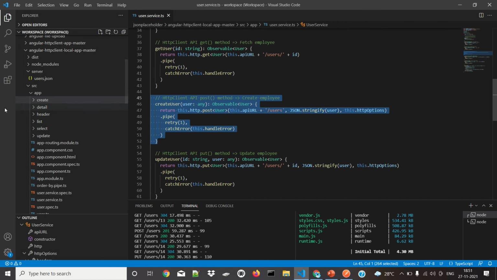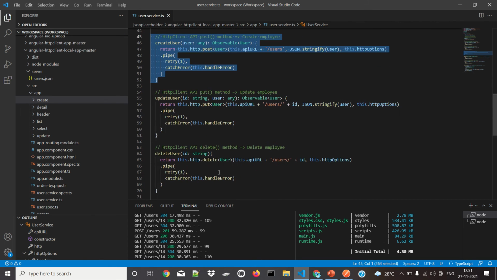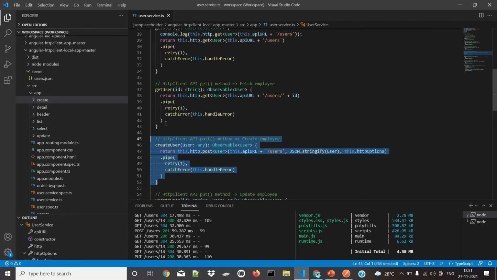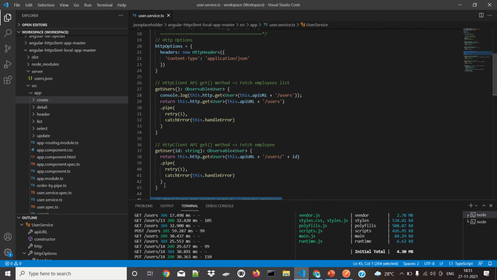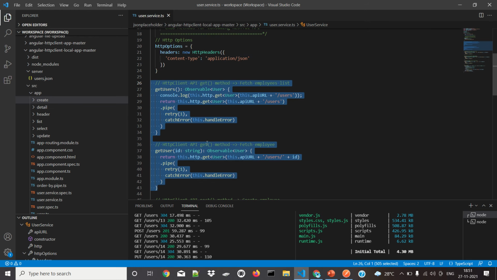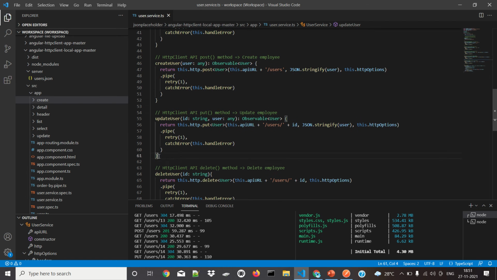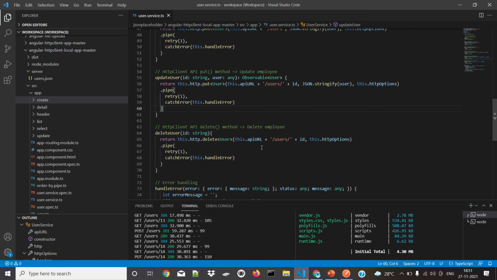The detail component will be using this particular get user method. For list, it has to use the get users method, and for select it has to use the get user method. Sorry, for select both the get users method and get user method will be used. And for update we have to use this particular get method. That is how it is structured and organized.